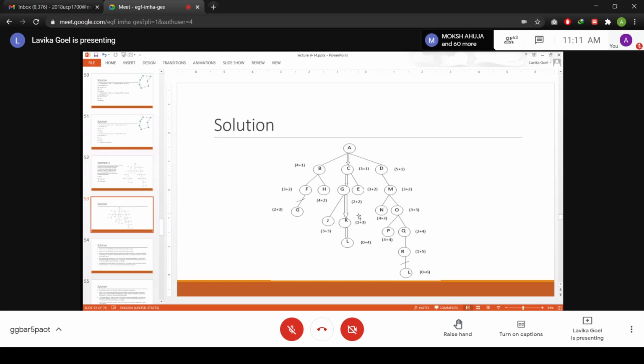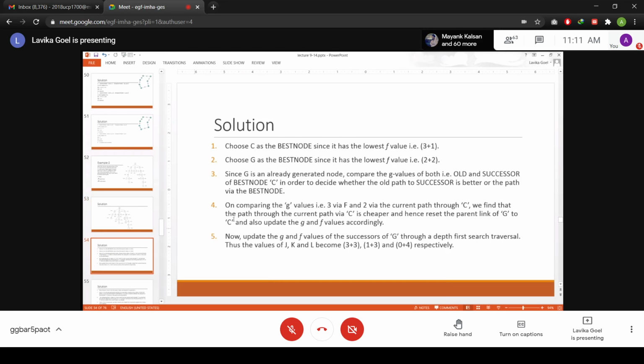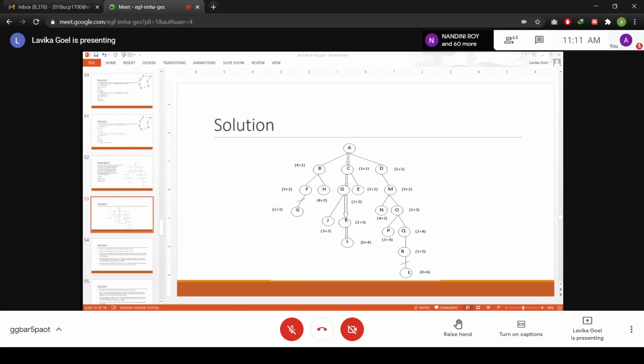So you select G. Now, when you select this G, G is an already generated node. Okay, so this is an assumption, students. Please don't confuse here. What I'm saying is G is an already generated node. But actually, if you see while traversing this graph, this left hand side G is not there in the open list already, right? Just now you generated G, right? But I'm taking this assumption that whenever you are generating a node that is already existing in this graph, then I'm assuming that it is already a traversed node, just because I want to explain to you the concept of how to deal with a duplicate node.